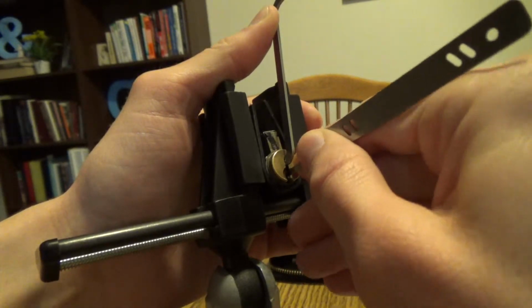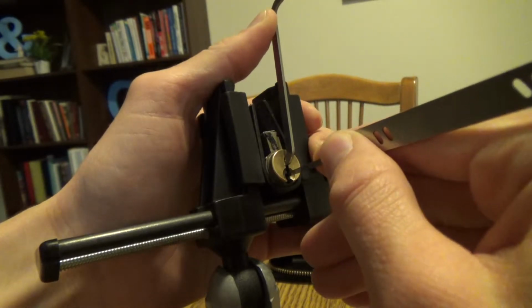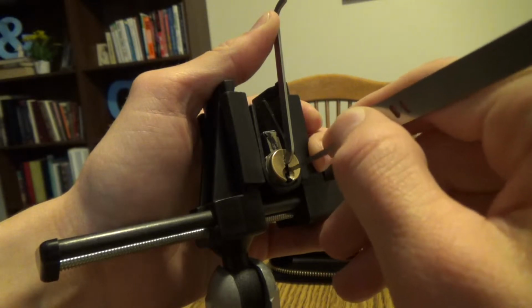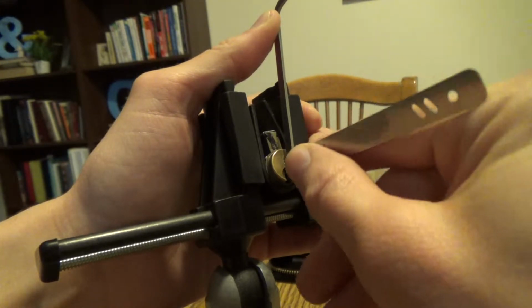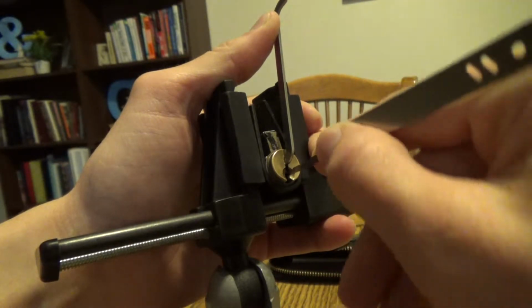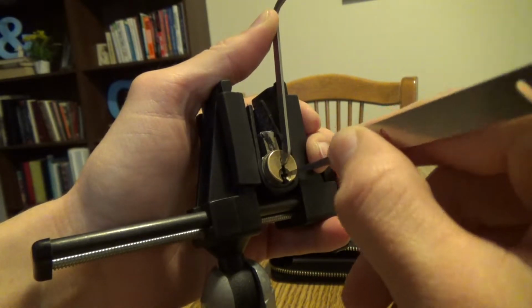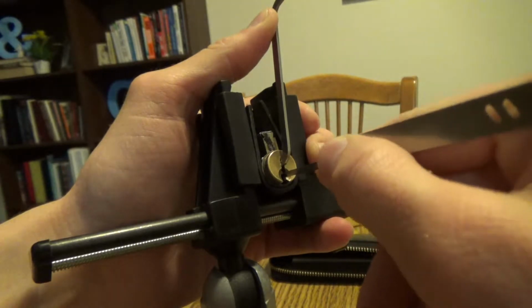I've only opened this lock once. It was actually last night. I went to a lock picking meetup. I live in Utah and there's a meetup in Salt Lake. So I was there last night and that was the first time that I'd opened this lock. I was pretty happy with it. It is a quick set, so you think it can't be that hard, but